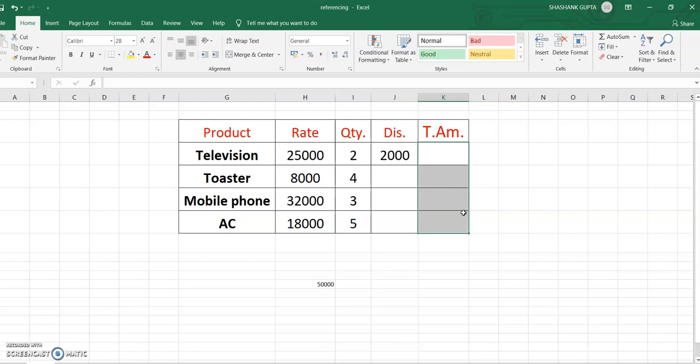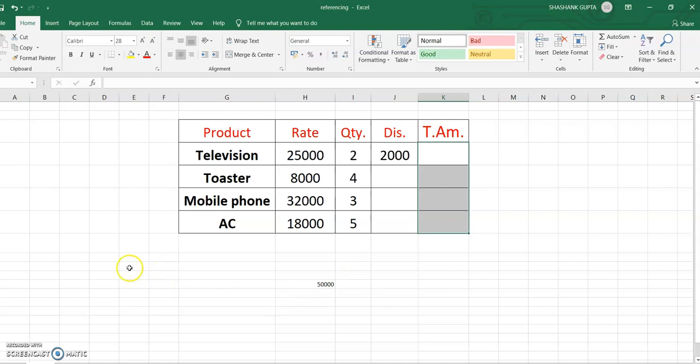Clear? Suppose there is a symbol $A4. We are putting dollar symbol before column A. So we are creating absolute referencing for column but not for row, because there is no dollar symbol before the 4. So that is the example of mixed referencing.